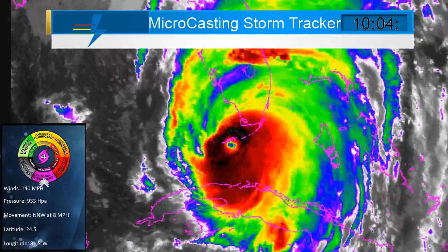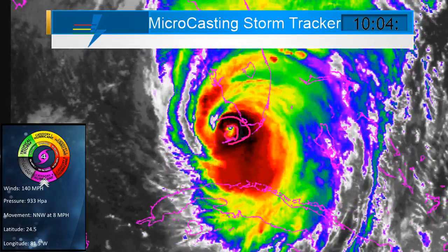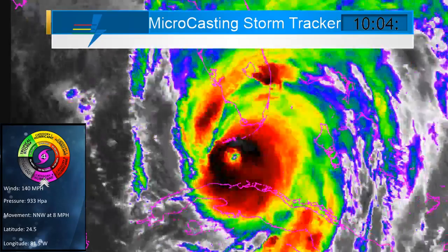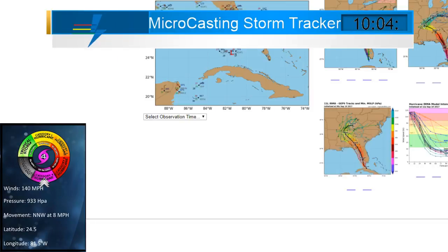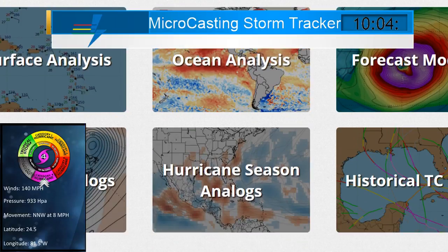Getting back to satellite imagery, it is looking very interesting right now because the system is really starting to blow up in convection, and you can see it right there, that convective burst, and you can also see the eye really starting to tighten up. This could mean that we do have winds of 145 within the system. I can actually take a look at some recon data, and we can see together with what exactly